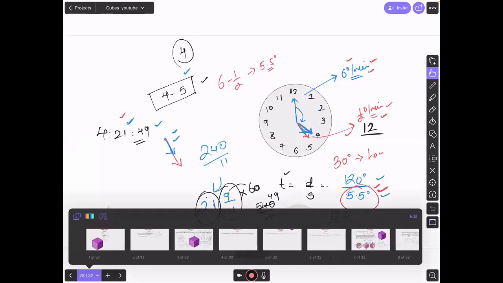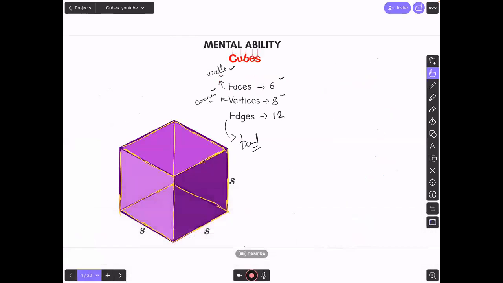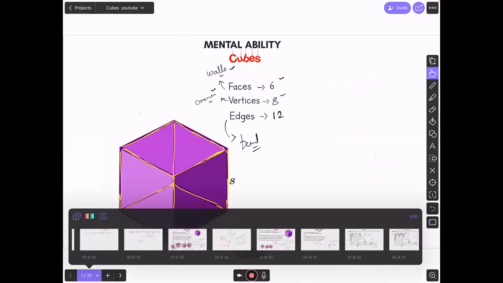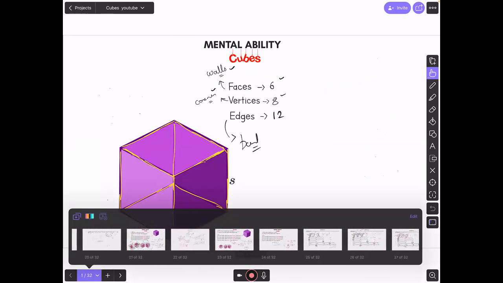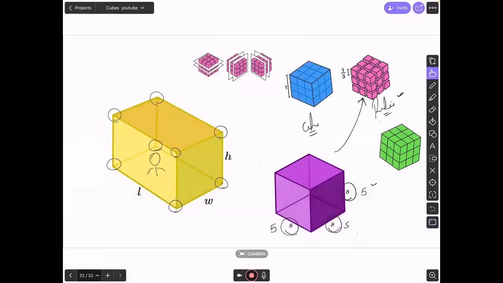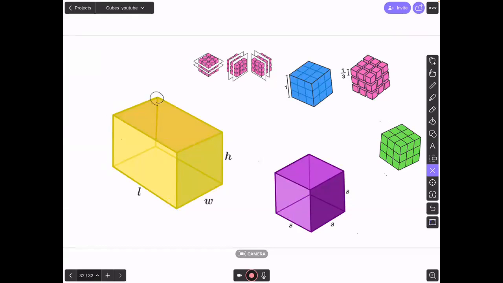Okay, so the first thing that you are supposed to know about a cube is how does a cube look like? Because we'll be coloring the cube, cutting the cube. So first thing that you need to understand is exactly how does a cube look like. So what is the difference between a cube and a cuboid? What is a cuboid? This yellow figure that you can see here on the screen is a cuboid. That is how a cuboid looks like.